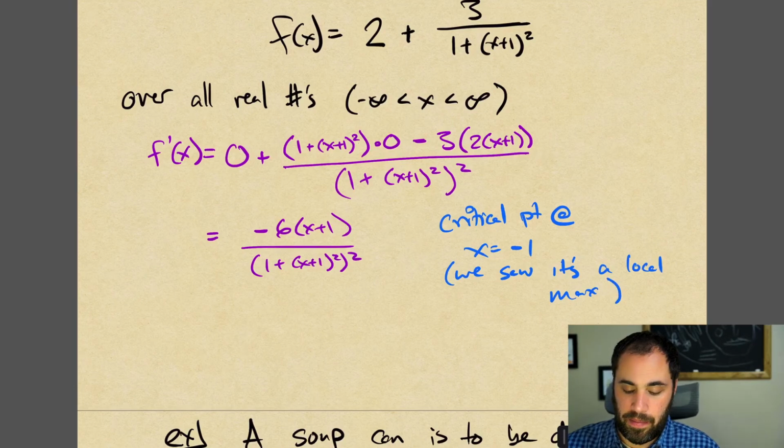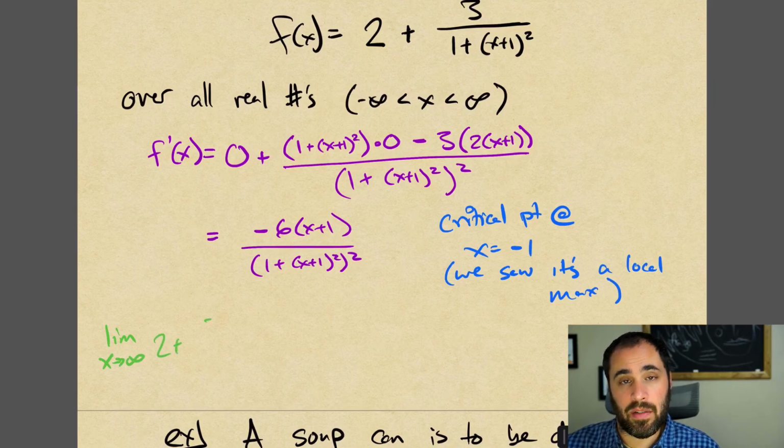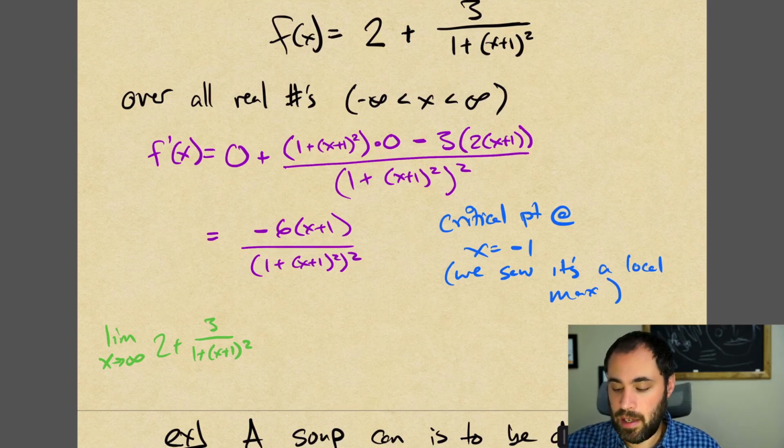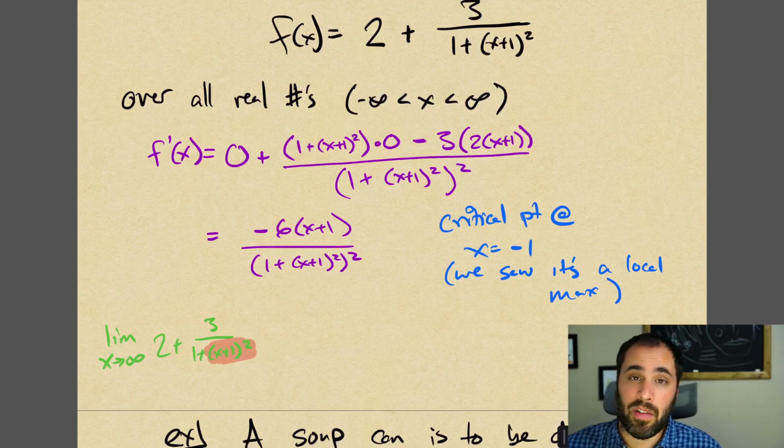Well, as x gets very, very large, the denominator of this fraction in the second term gets really small. In fact, the fraction will disappear, will vanish, go down to 0. So all we're left with is that 2 at the beginning. And then we can see that the same thing will happen as x goes to minus infinity. And I encourage you to look at the sign chart of the first derivatives to convince yourself that